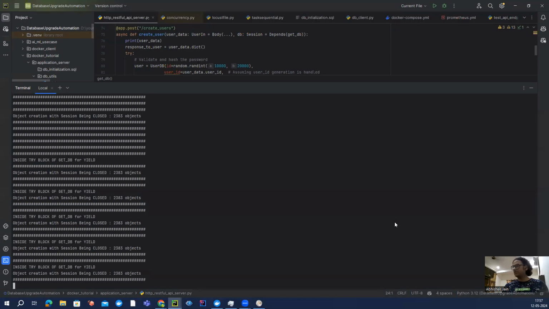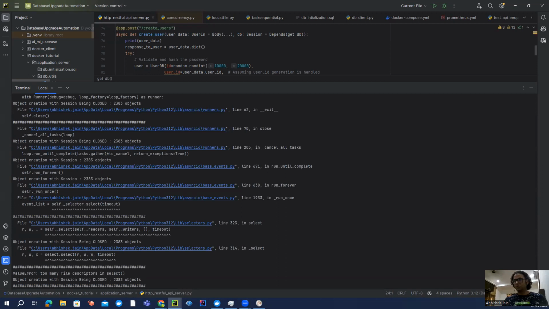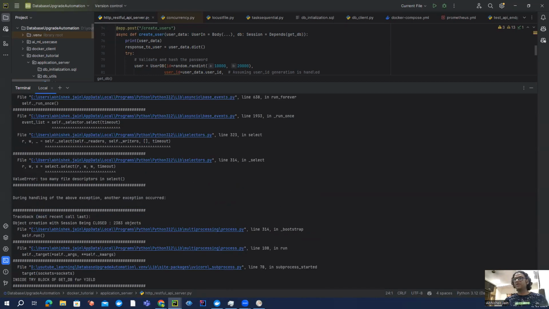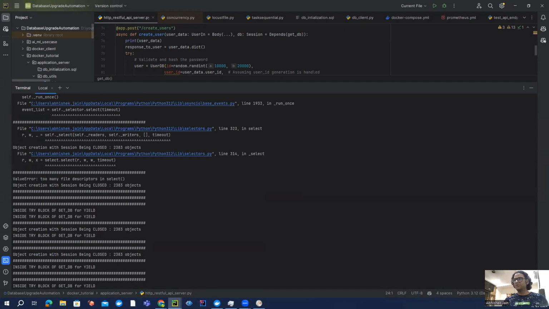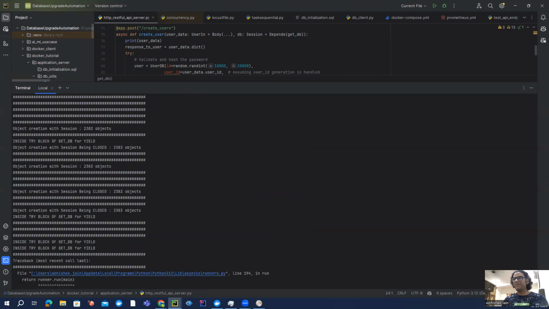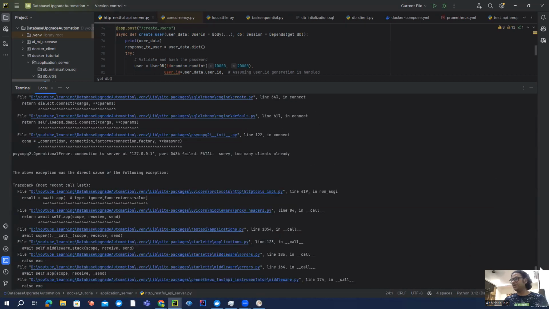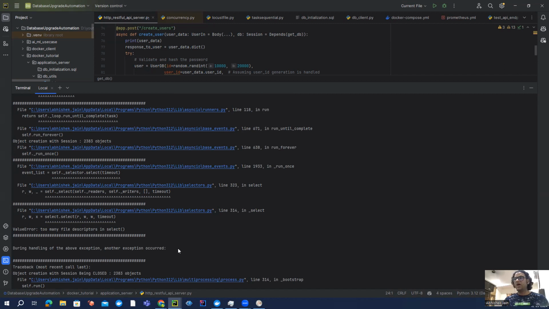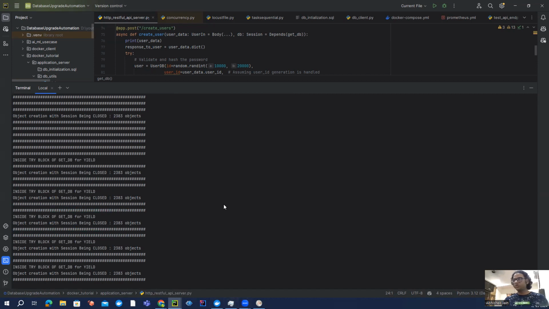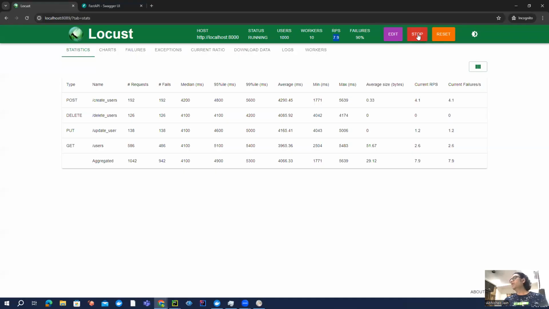Seems like just one application. Cool. Seems like we are able to get into another issue below. The way to break the application once we have 1,000 number of users. Let's see if we have another exception. So basically by having 1,000 users, now we are able to get into the situation which we can quickly search